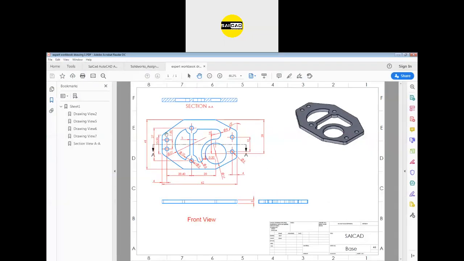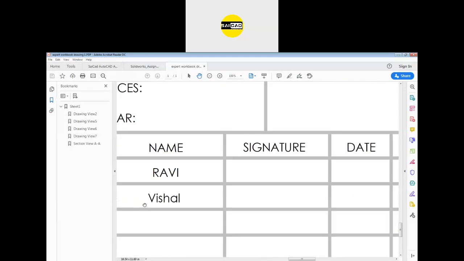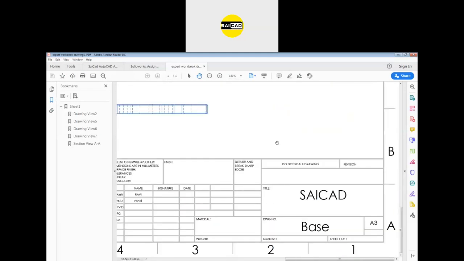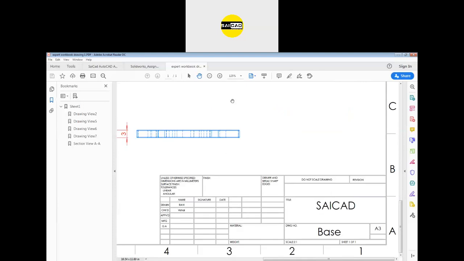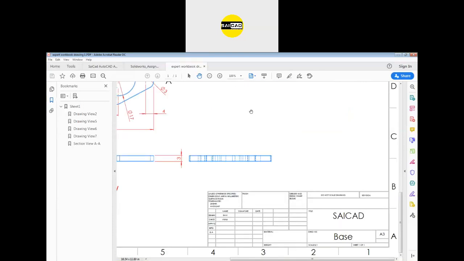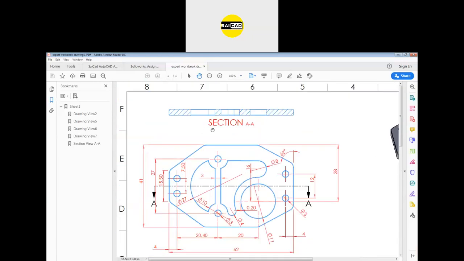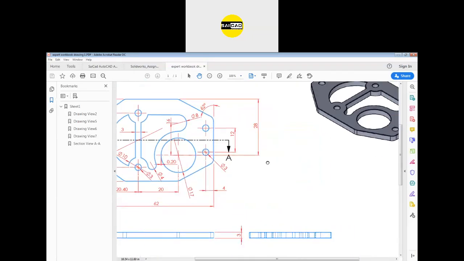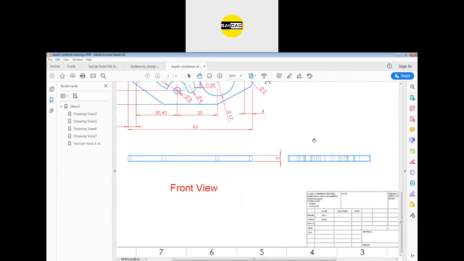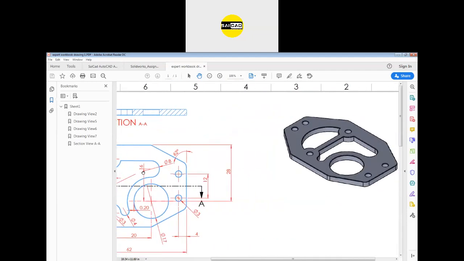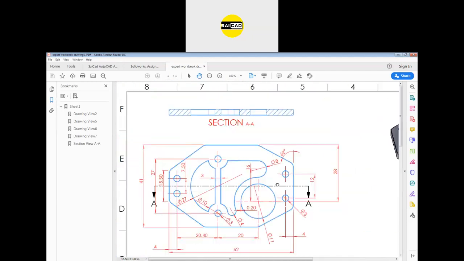So here is the drawing. You can just zoom in. We have the properties here also. So define anything you want like that. If you want to check the true scale, just click here and select the 100%. This will be the true scale. This drawing will be of this size because A3 sheet size is this one. Okay. In this way, you can just create your drawing.